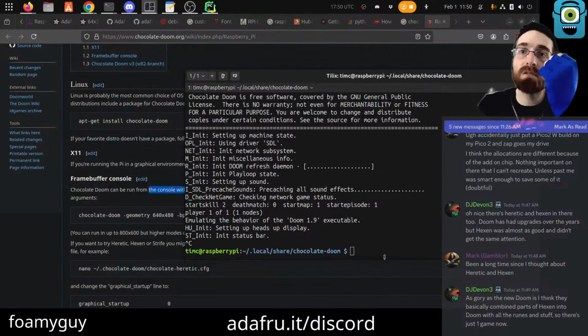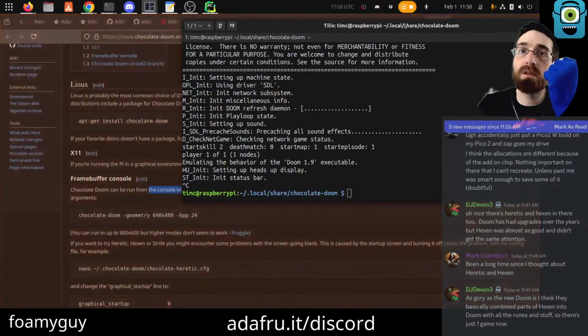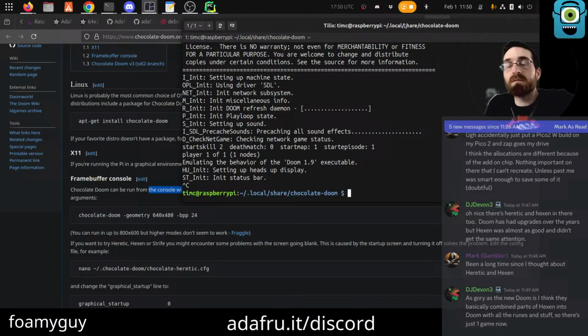Again, like VLC was doing that to me, where I need to run the video from there and not through SSH. I will say SSH here is at least getting Doom to the HDMI screen, which VLC I didn't manage.